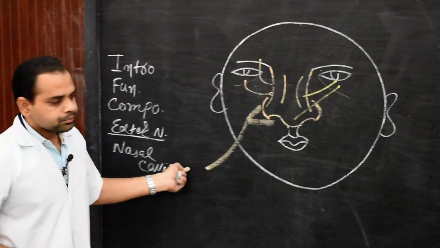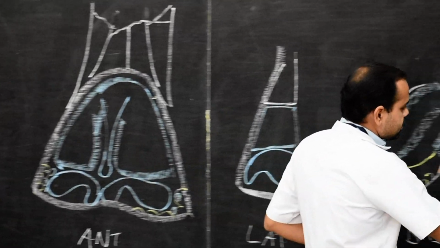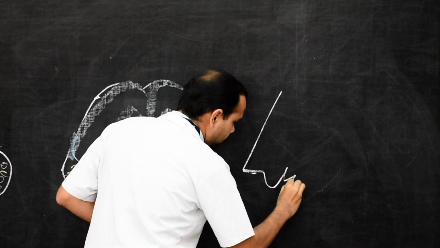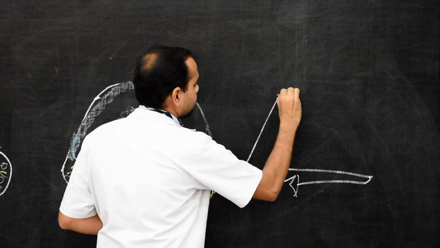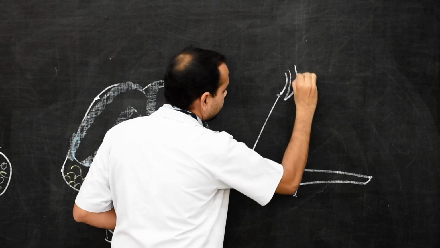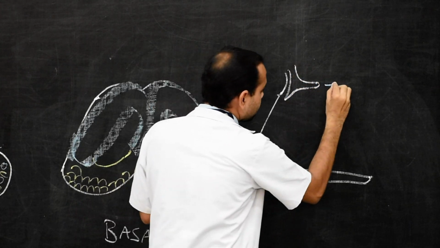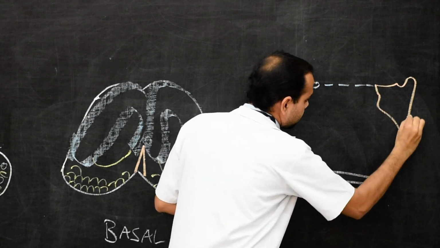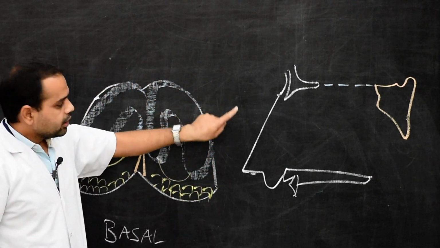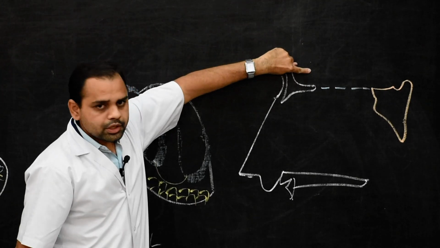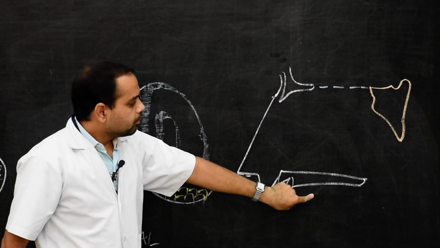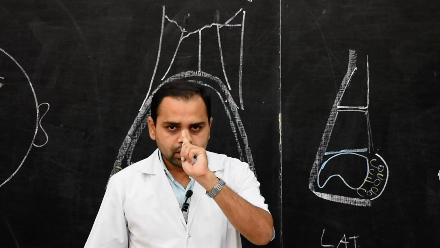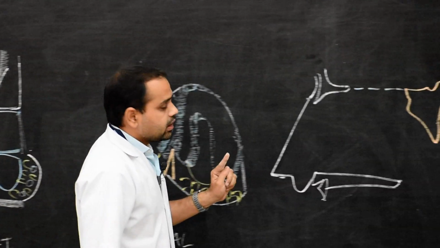Now the nasal cavity, if I draw the diagram, is somewhat like this. This is a diagram of the nasal cavity. This is the side view of the nose. So the nasal cavity consists of four boundaries. The upper part is known as the roof, the lower part is the floor, and then the medial wall and lateral wall. The medial wall of the nasal cavity is common to both nasal cavities, formed by the nasal septum. It lies in the median plane. It is an osseo-cartilaginous partition.